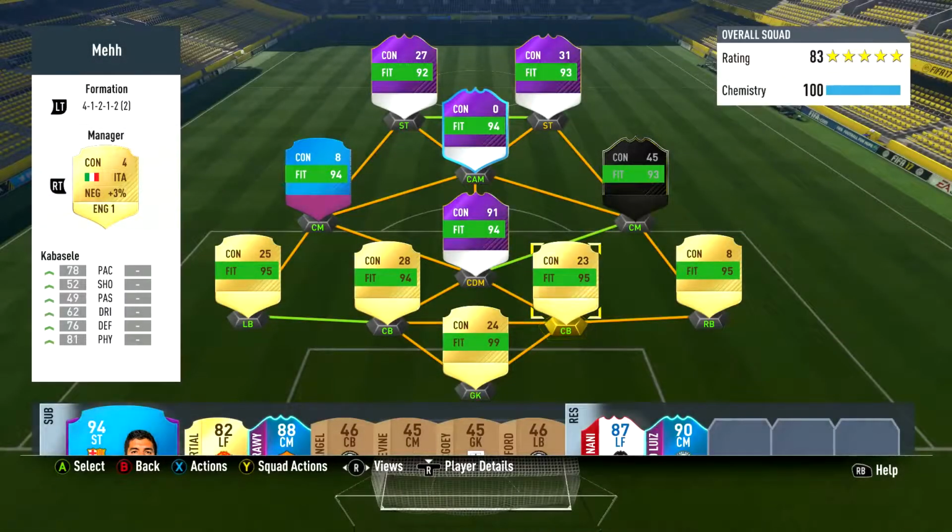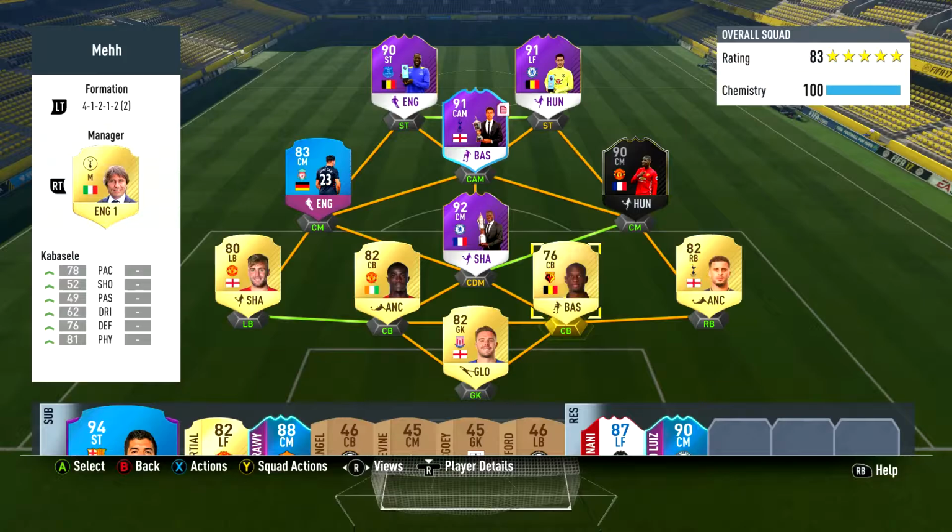Now today we've got a 91 Dele Alli player review. As you can see there on the screen, this is the team we'd use him in. We had Butland in goal, Shaw and Walker at right back and left back, Kabasele and Bailly at centre back. We had Kante, Emre Can SBC, one to watch Pogba in midfield, with Hazard and player of the month Lukaku